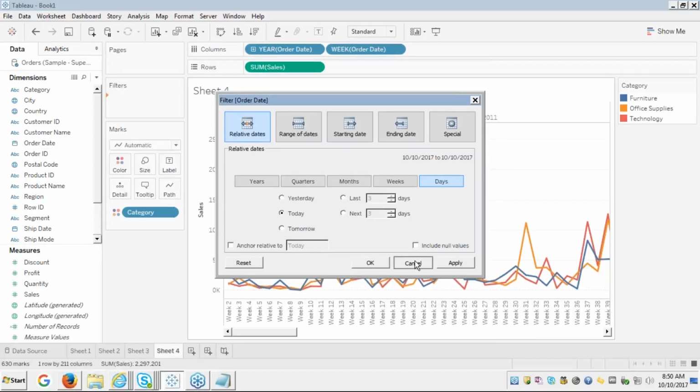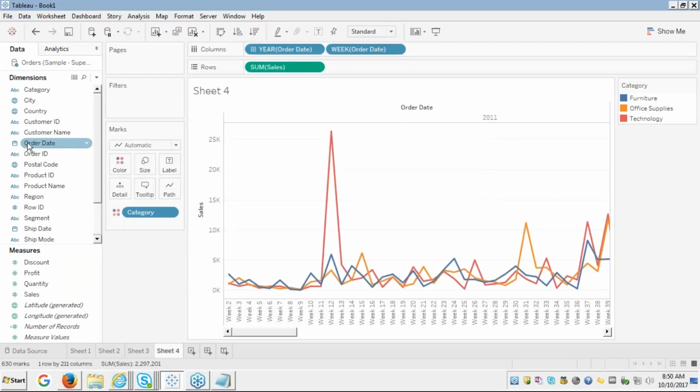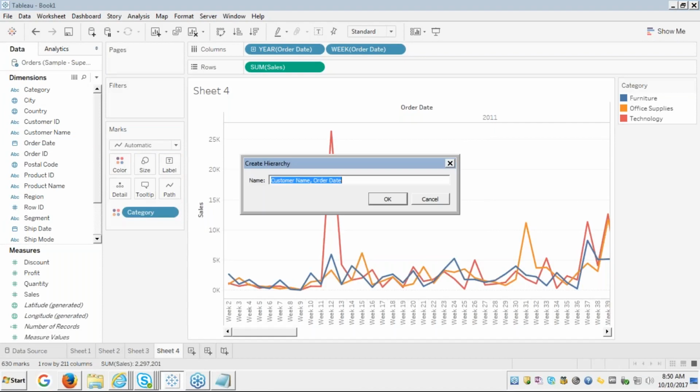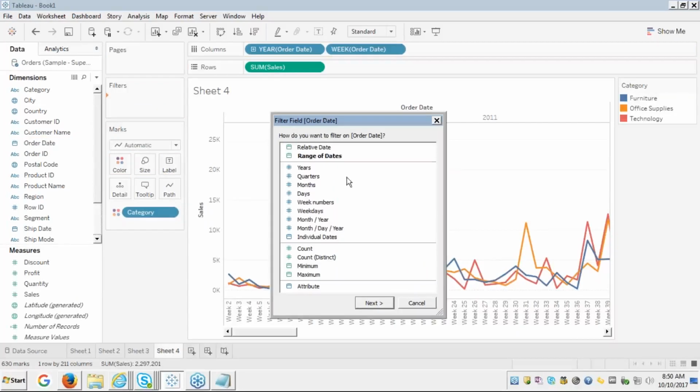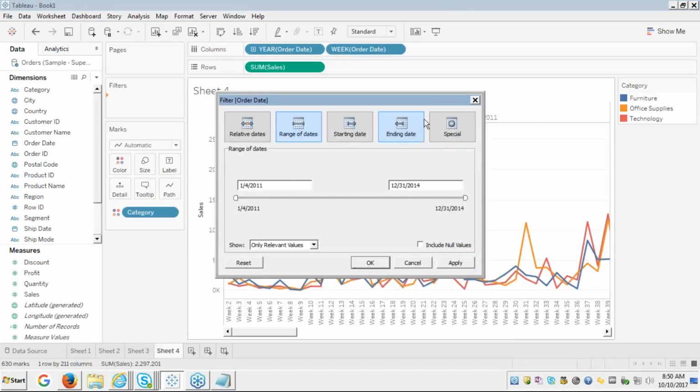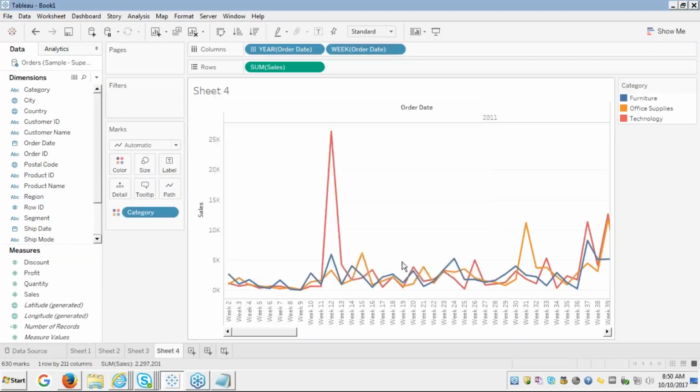Can you see now? Earlier, when I had this order date and dragged and dropped it, the previous date was range of dates. When I clicked on next, if I'm selecting something individually here,